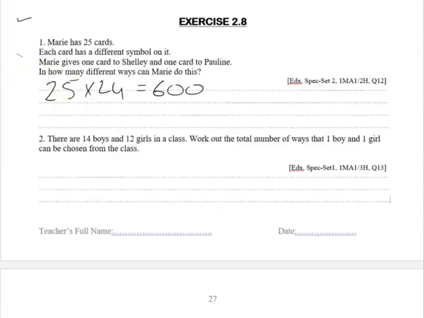Question 2. There are 14 boys and 12 girls in a class. Work out the total number of ways that one boy and one girl can be chosen from the class. Now, to work out the number of possible combinations, all we have to do is multiply the two options given to us, boys and the girls. So as there's 14 boys, we take 14 and we multiply it by 12. And that's going to give us